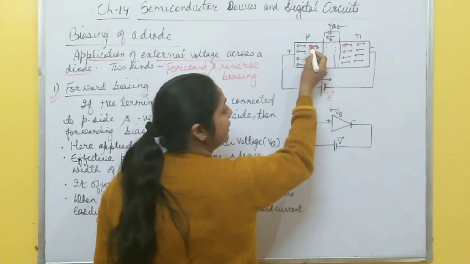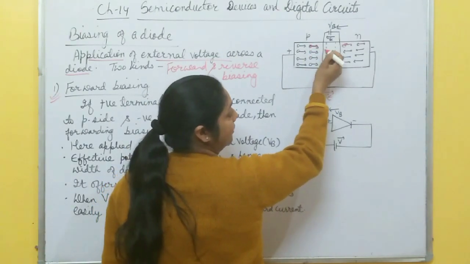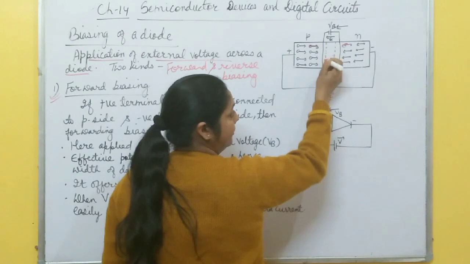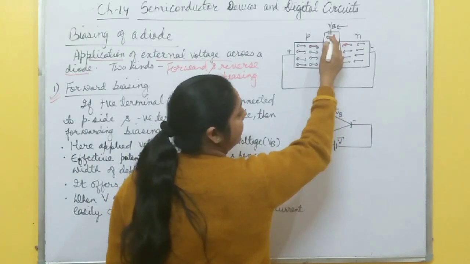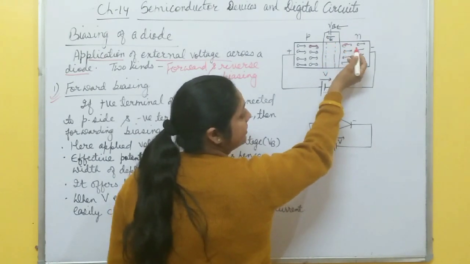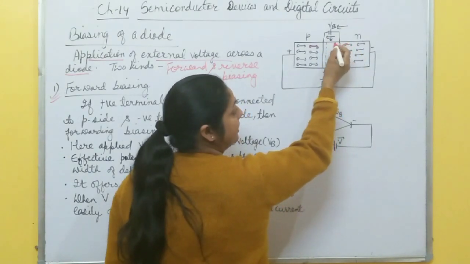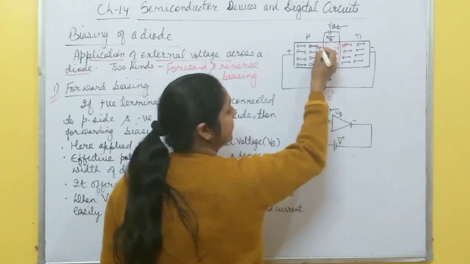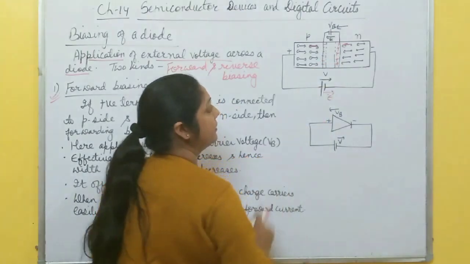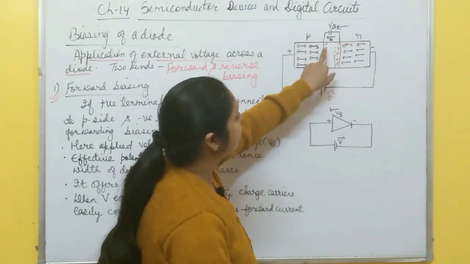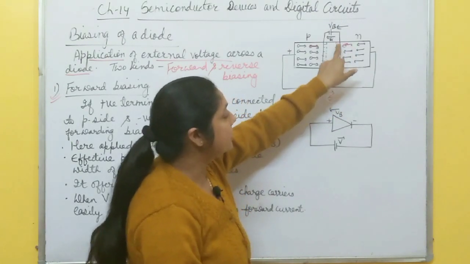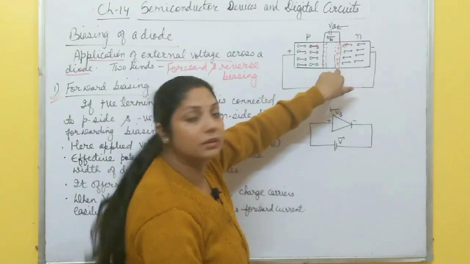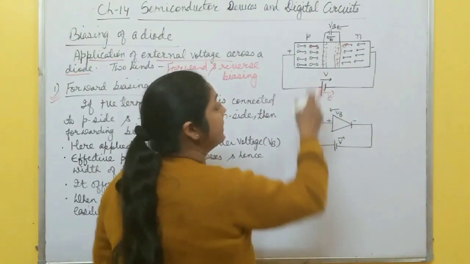Now near the junction, these holes recombine with the negative charge carrier, the drift electron, right? On this side the drift electron is there, and the electron from the N side starts recombining with the positive charge. Near the junction, this side is positive charge, this side negative charge. Now this hole recombines with this drift electron, and this electron recombines with this drift hole, right? And these nullify each other.